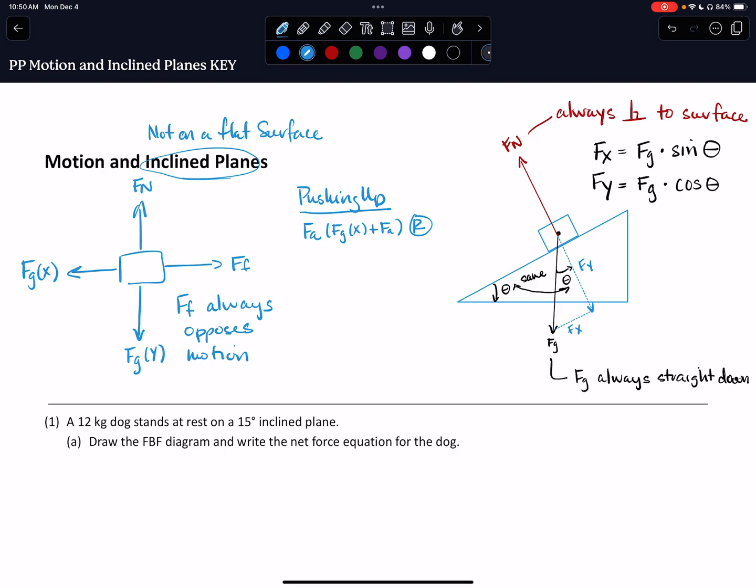All right. And that means that our friction will be to the left. Our other option is sliding, or you could be pushing the box down the ramp. So if you're sliding or pushing the box down the ramp, the applied force will be, again,